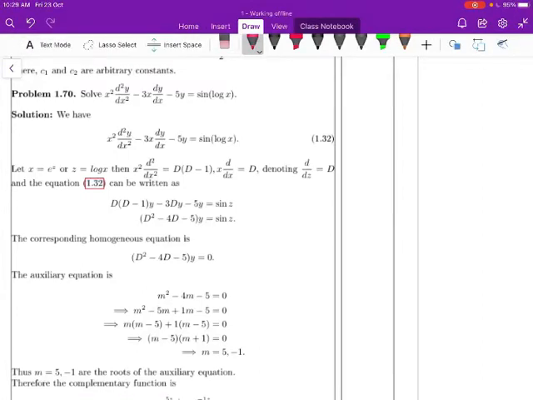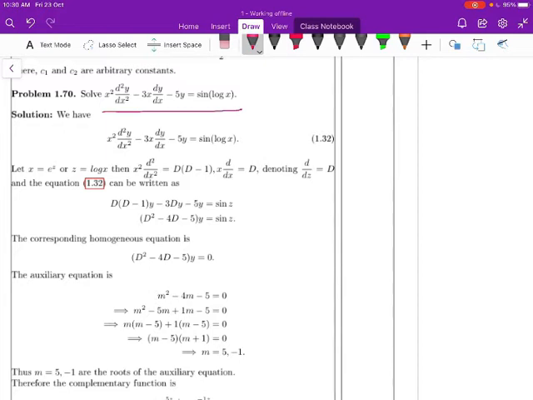Hi students, in this video I am going to discuss some more problems on Cauchy linear differential equation, and also let us move to the solution of Legendre linear differential equation. So now let us take a problem. Solve x square d square y by dx square minus 3x into dy by dx minus 5y is equal to sine of log x. So it is a Cauchy linear equation because order of the derivative 2 and corresponding coefficient